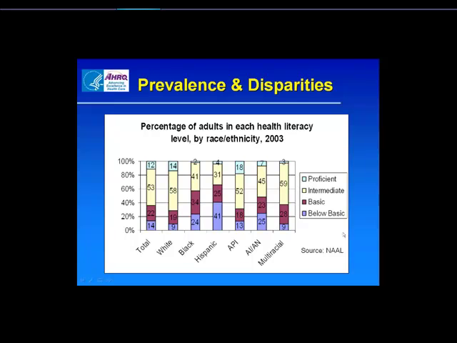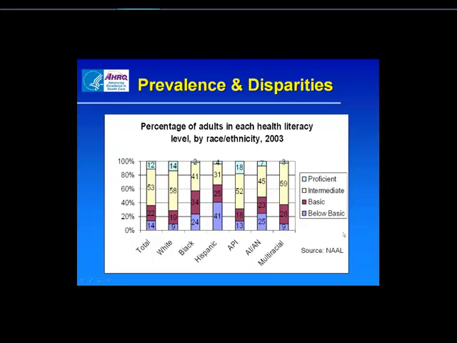adult population. People were assessed through something called the National Assessment of Adult Literacy, which created a special health literacy measure, a measure of literacy in a health context, and rated people as being proficient, intermediate, basic, or below basic. I should note here that the term proficient doesn't mean some out-of-this-world concept. It's really based in an educational sense of proficiency, meaning you're proficient enough to go to the next grade level. So we really want the entire population to be at the proficient level.